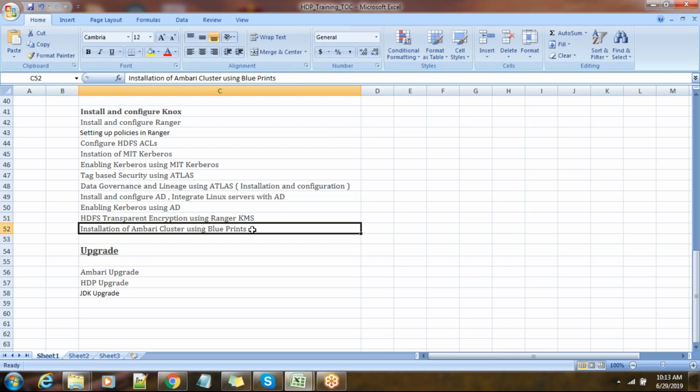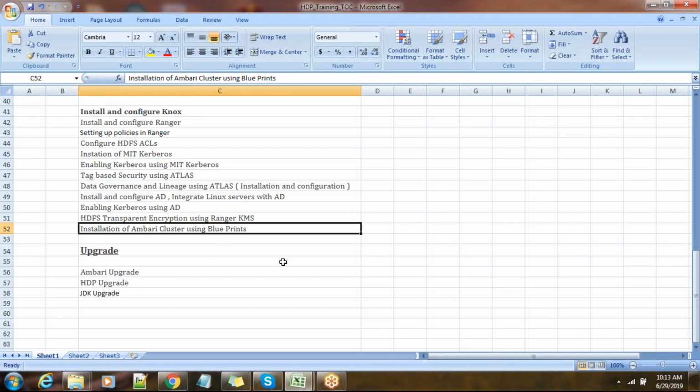So if you are using Puppet or Ansible or Chef, you can build the cluster without any manual intervention, just using a couple of scripts. I'll show that, it will not take much time. It's all a standard template. So what we need to do is just edit and make some changes and do the installation.